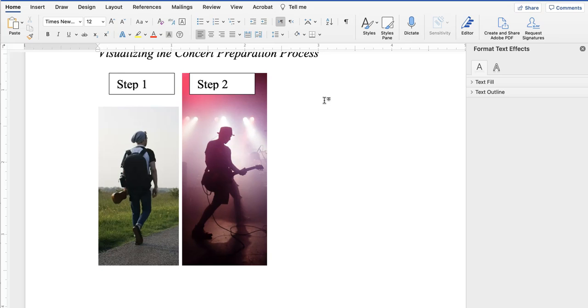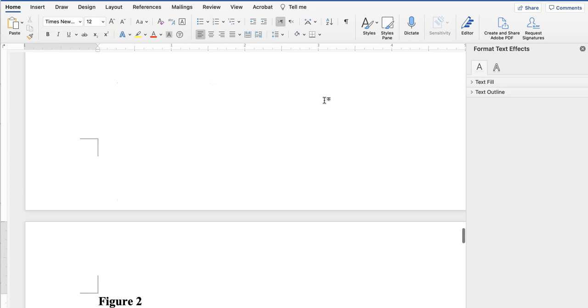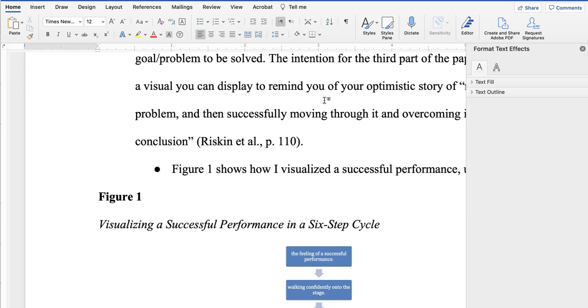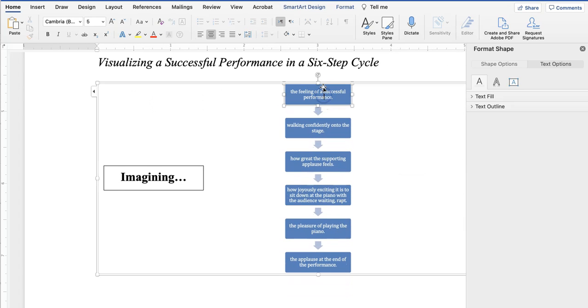While there are other tools out there that you can access, including graphic design tools and specialized online tools, the question is really, what do you need to do for this assignment? And we're not grading you as if you were a professional graphic designer. It's, can you visualize whatever it is you've chosen for your own means? So it does not need to be fancy. It does not need to be created using special software, but it helps if it conveys how you think about this. So if you view the steps to a successful performance as a cycle, well then,